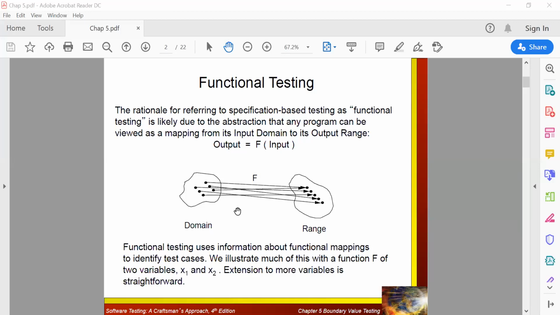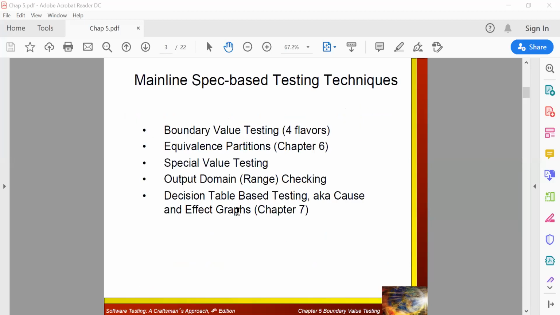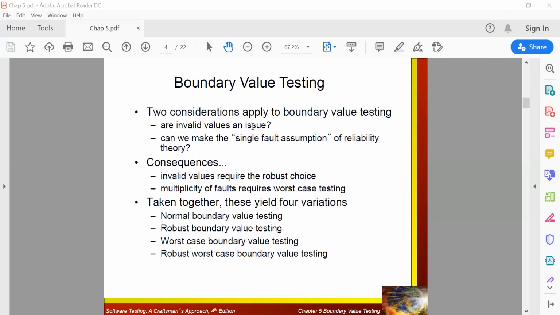Programs come at the last. That's what we have just seen. There are many functional testing flavors available, and boundary value analysis testing is one of them. That's what we will be seeing in this class. So quickly, we'll run through what boundary value analysis is all about.